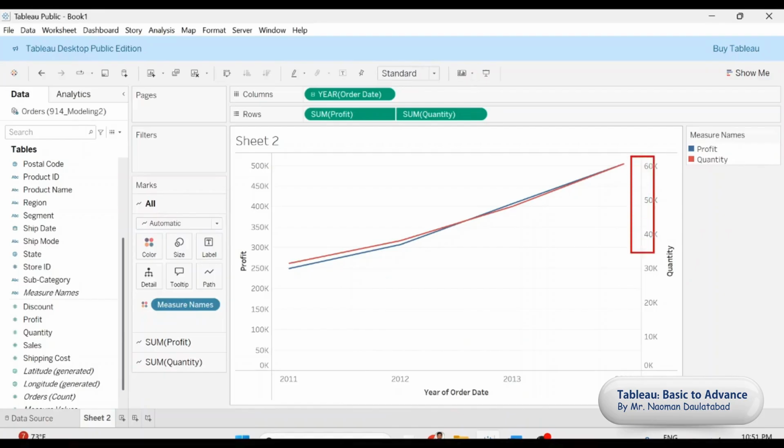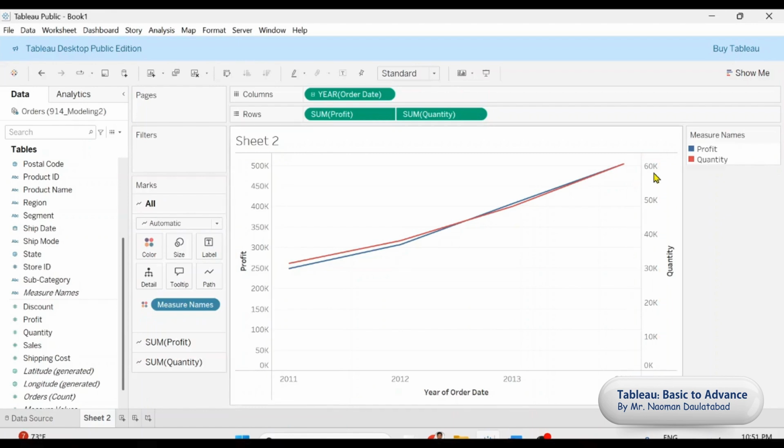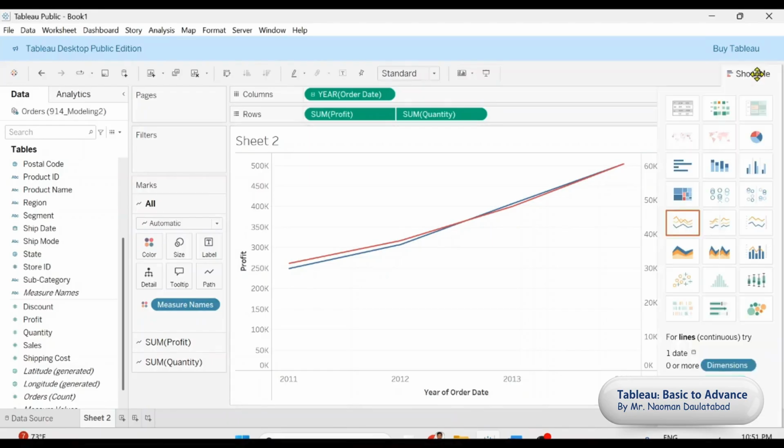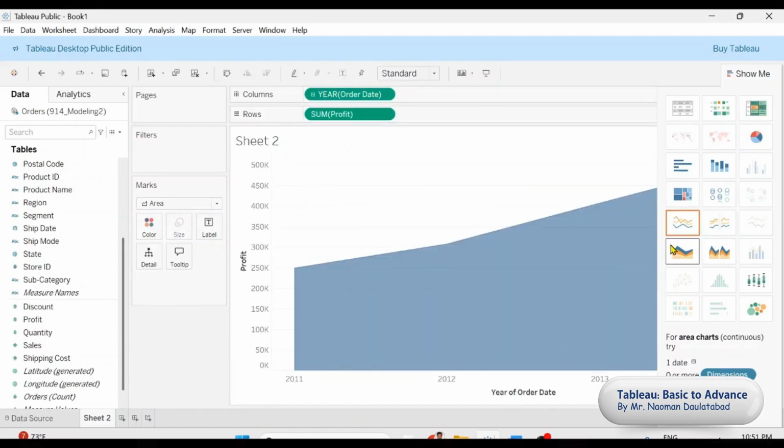Tableau will automatically convert these axes proportionally. For example, the quantities are obviously less than your profits, so the y-axis for profit is 0 to 500k, but for the quantity it is 0 to 60k. So Tableau will automatically convert that secondary y-axis values in proportion with primary y-axis values. So these are the different line charts you can go for. The area chart is similar to, let me first convert this into line chart. So area chart is similar to line chart, but the only thing is instead of the height of that point, we measure